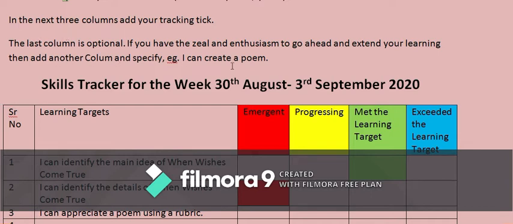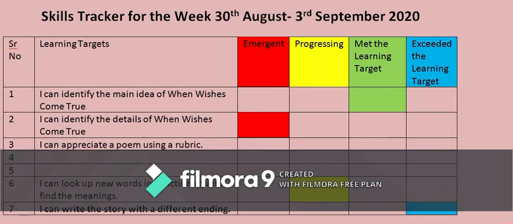The last column, which I've just shown, the blue color one, is optional, because your main target is to achieve the curriculum goals of NCERT and CBSE. If you are doing something extra, that I have shown in my learning target that I have added enrichment in my curriculum, that means that certain students have good skills and they want to develop on those skills. I have given them opportunities. For example, one of the students went ahead and created a poem. So that can be written. I'll show you the example. That is an extended one.